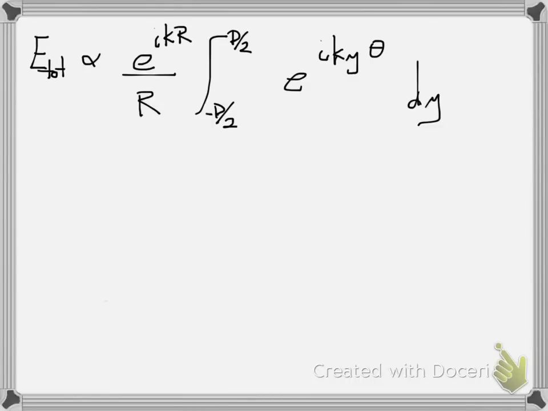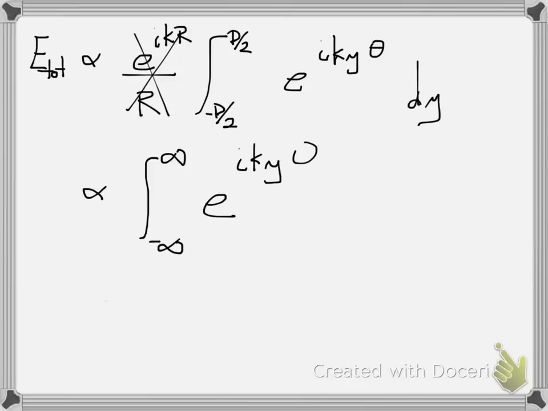Okay, so I've taken the constant outside of the integral. And now what we can do is change the limits of integration. I'm just going to ignore the constant for now because, if it's a constant, E total is proportional to it. So then I can change the limits of integration from negative infinity to positive infinity by writing e^(iky theta) times f of y dy,